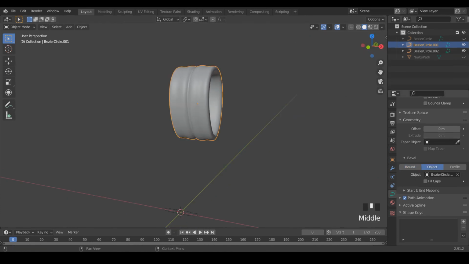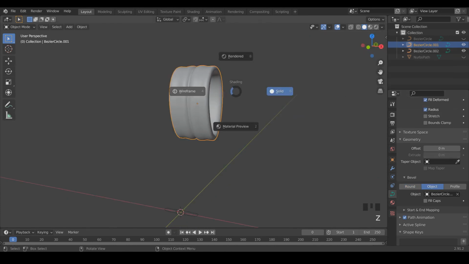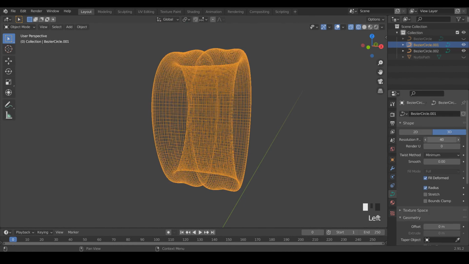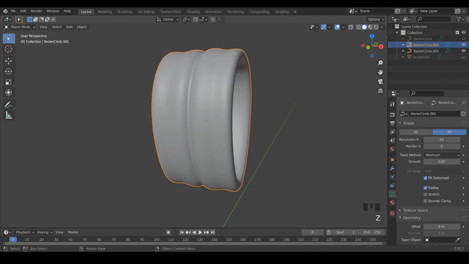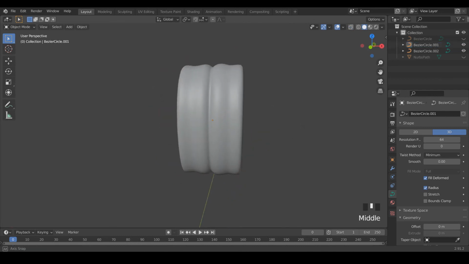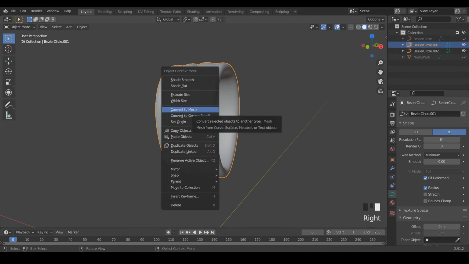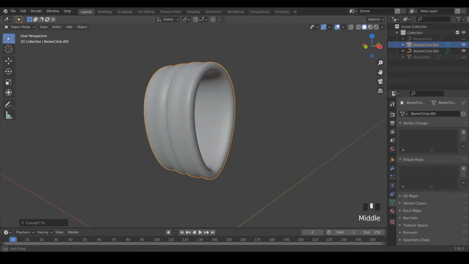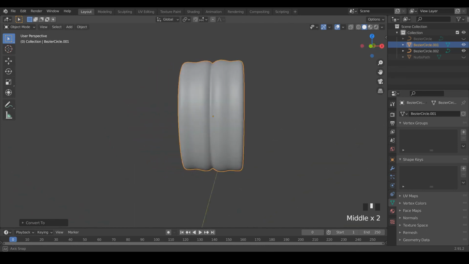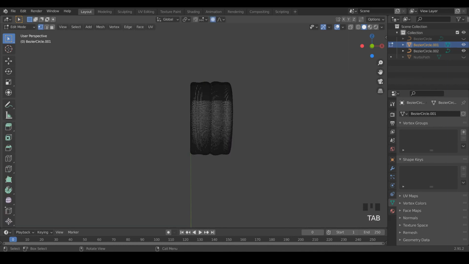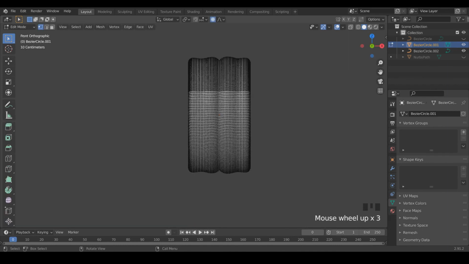And at this point, I'm just going to bump up the resolution on this piece as well. And just like before, I'm going to right click and convert this one to mesh. Now going into edit mode once again, going to hit 1 for front facing view.